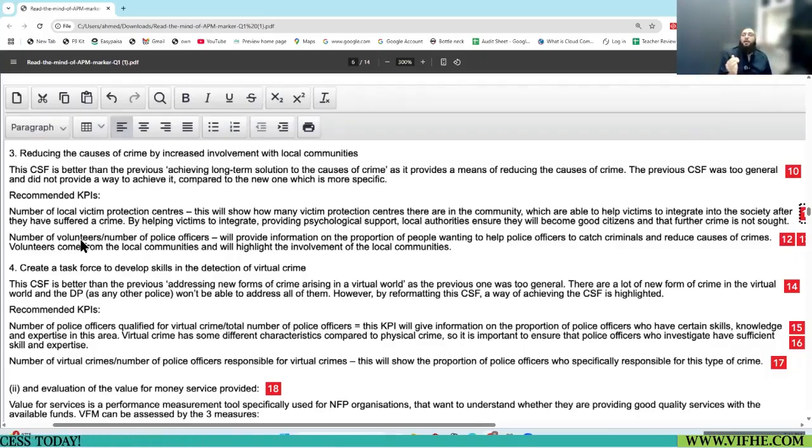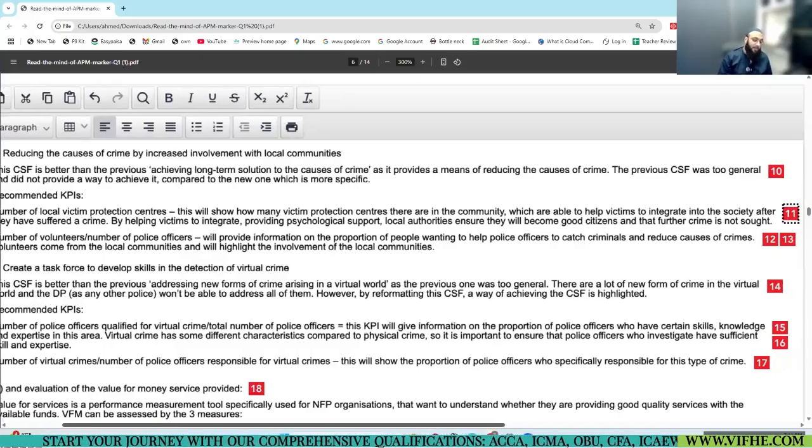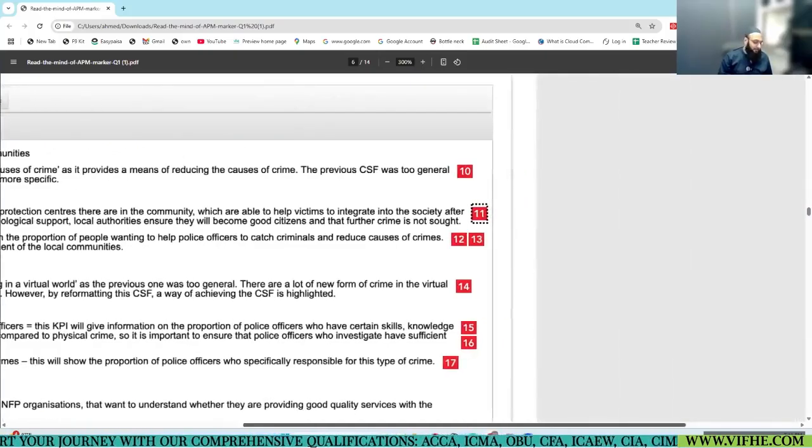Local community willing to help police to find the root cause seems okay. This information will provide information on the proportion of people wanting to help police officers to catch criminals and reduce the cause of crime. Volunteers come from the local community and will highlight the involvement of local communities. Let's see.